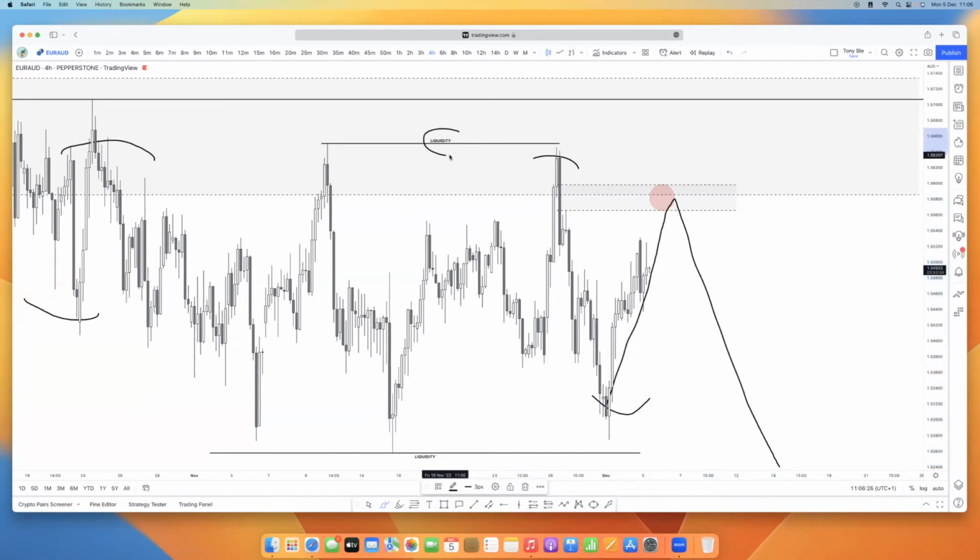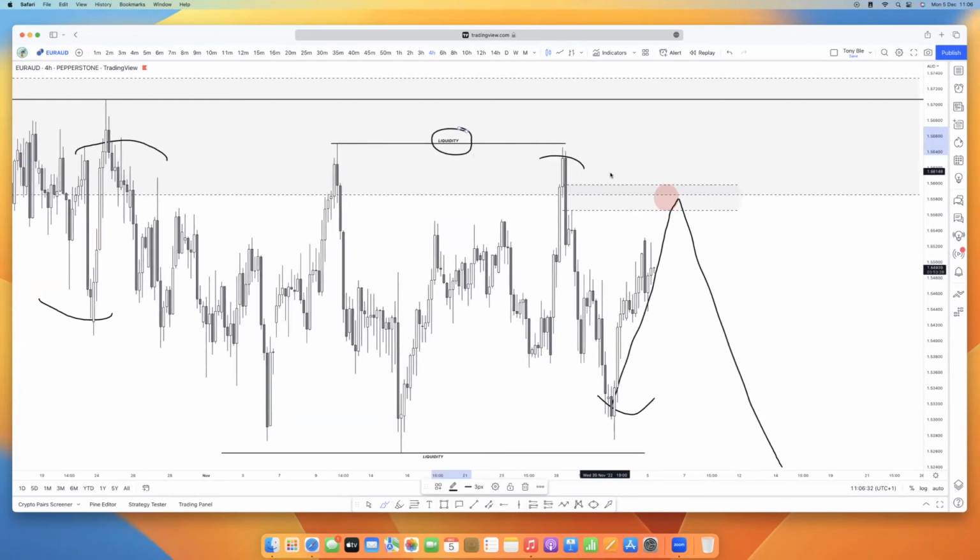But now we have this liquidity here. So this liquidity would be one reason why this sell might not hold. Or price goes above this area and captures the high, and then maybe we have the distribution in this area. Okay, but they might want to come for this liquidity. It's just in very few cases where price will just come here and not come for the liquidity and then just go to the downside. But because it's there, we cannot unsee it. We've seen it, there's no way we can unsee it. So we have to take into consideration that they might come for this liquidity here.